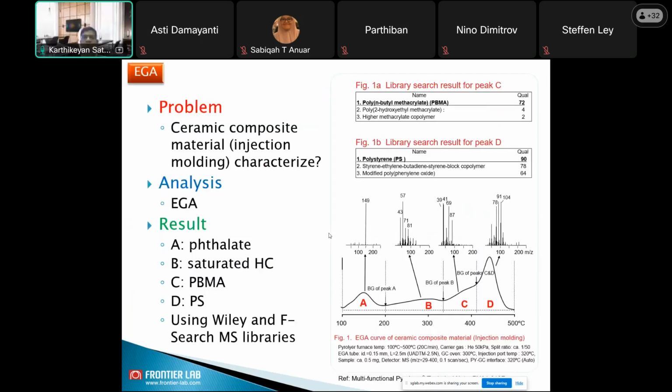Before discussing the reactive pyrolysis part in detail, I just want to give a snapshot of other methods, for the benefit of some audience who may be joining our webinar for the first time. This slide shows a single application for evolved gas analysis, where we are looking at the chemical information of a ceramic composite material used in injection molding. And the analysis is done by this evolved gas analysis, where you can see,